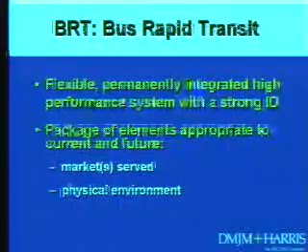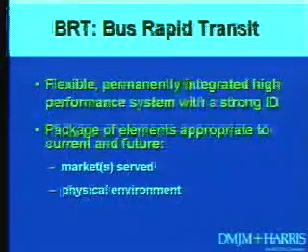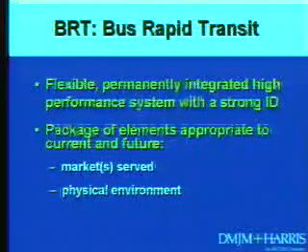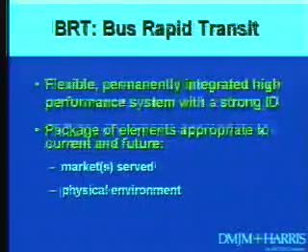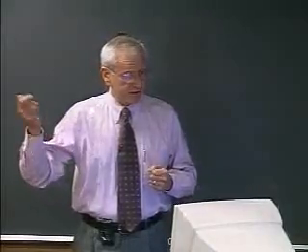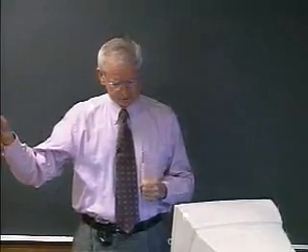We package bus rapid transit to match the market, that is, how many people, what times of day, and also the physical environment that's there. Bus rapid transit is a mode that can fit in environments that other fixed modes can't. For example, you might have a bus rapid transit system that's in a tunnel in the downtown, then a separated right-of-way as it gets out of the downtown, then on arterial streets for a while, and then another separated right-of-way. It can do that.